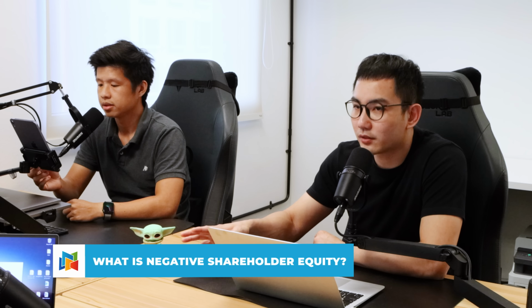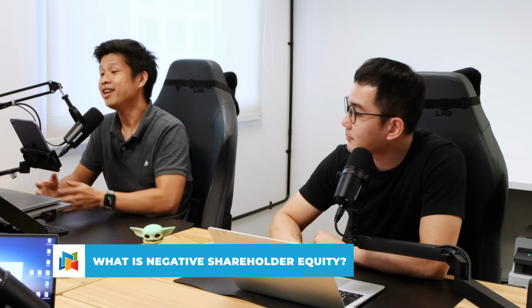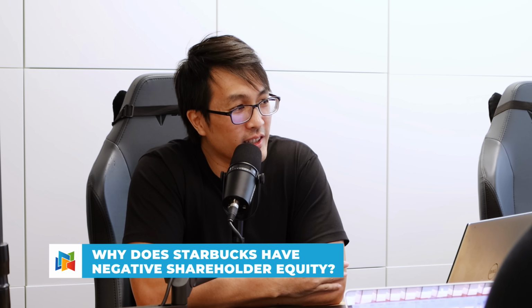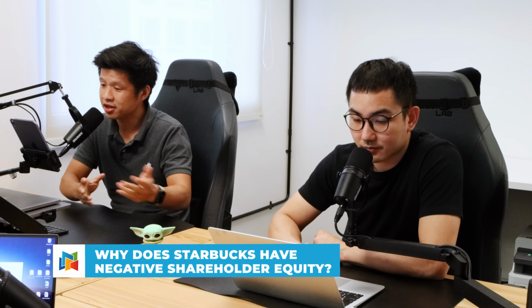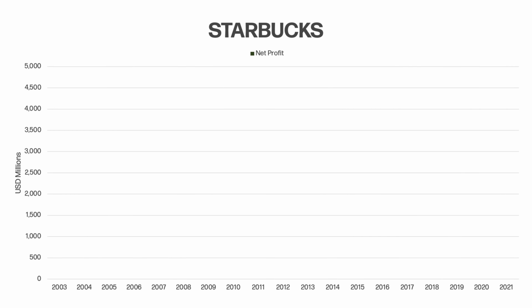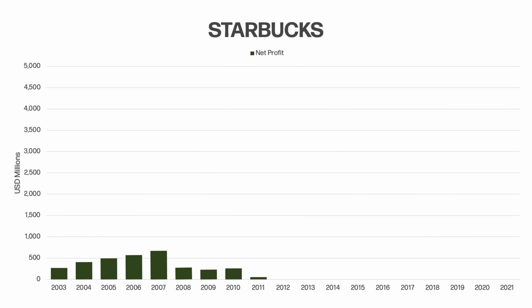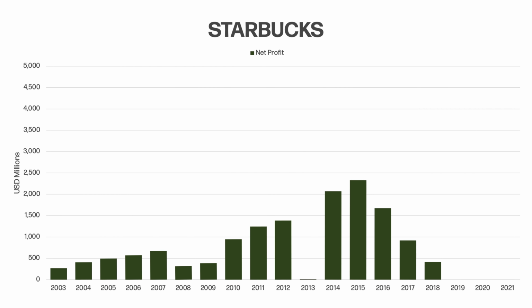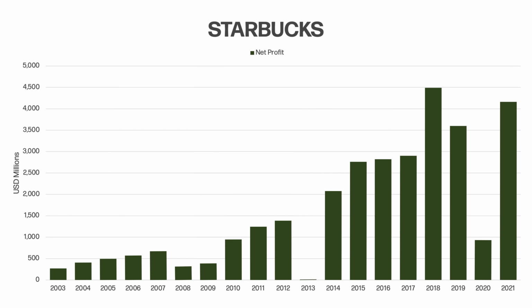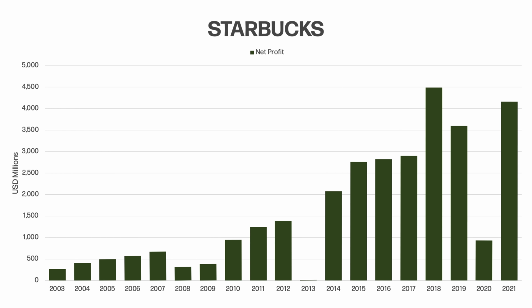But that's only one part of it, right? Yes. Okay. Starbucks, on the other hand, is a very profitable company. So that's the question. Why does Starbucks have negative shareholder equity? Yeah. So, okay, let's look at the profit first. If you look at the last 10 years or 20 years, they have been making consistent profit year on year, and it's growing year after year, except, of course, 2020, when they were affected by COVID-19, right? So by right, Starbucks' shareholder equity should be in the positive territory.